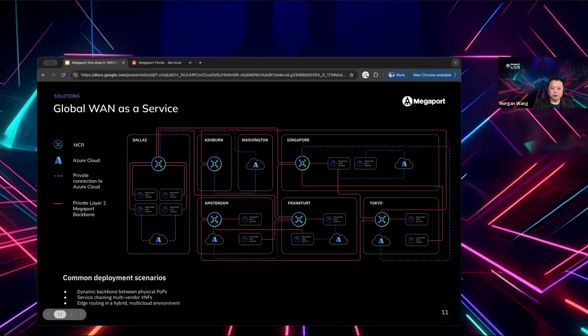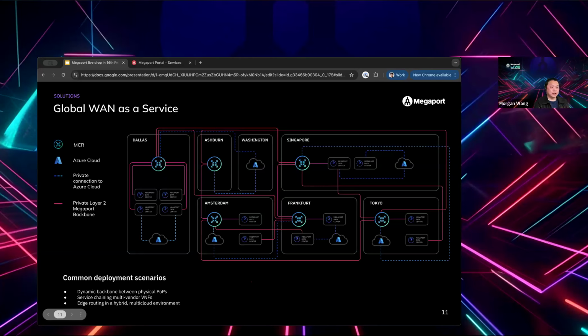Yeah, this concept is basically, let's say a fictional customer who has multiple regions globally, and would predominantly use a hybrid cloud environment, data center plus Azure. And you can see that the customer can interconnect. First, the customer can connect into their Azure tenancy from local data center physical ports.